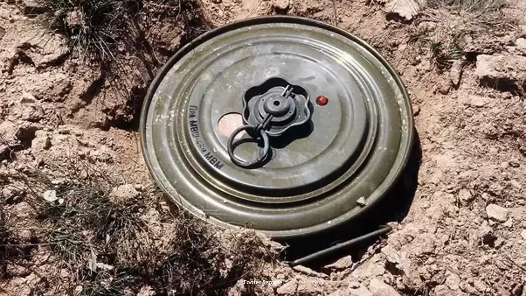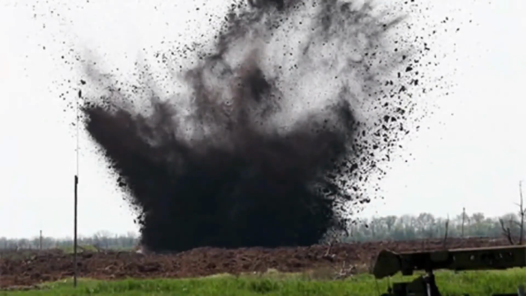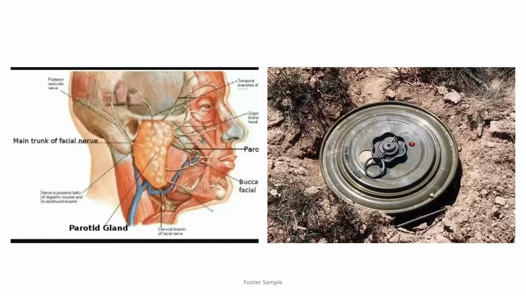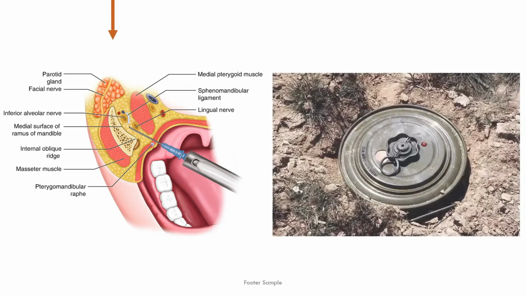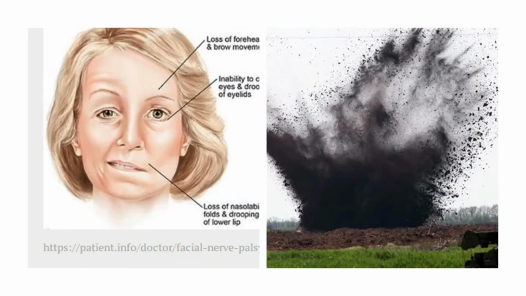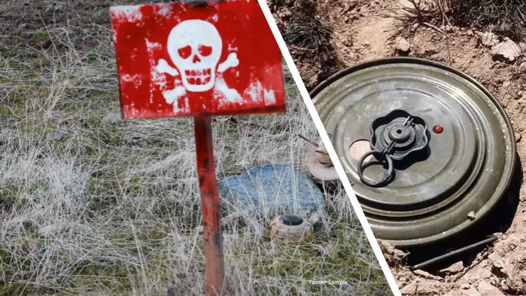So before going on to the pterygomandibular raphe, we all know what this is. This is a landmine. If we accidentally stand on this, we end up in a blast. Now imagine parotid gland as landmine. This is the picture showing inferior alveolar nerve block. As I already told, imagine parotid gland as landmine. If you accidentally advance the needle near the parotid gland, you will end up in a blast. Blast here refers to facial nerve paralysis. To avoid a landmine blast, we need an external flag so that we won't stamp on the landmine.